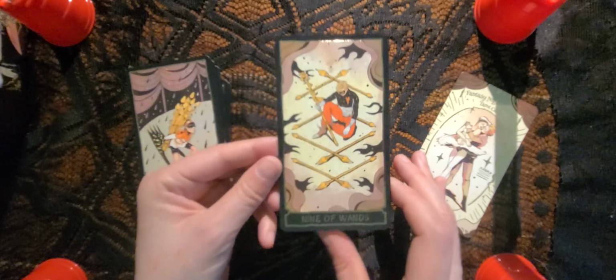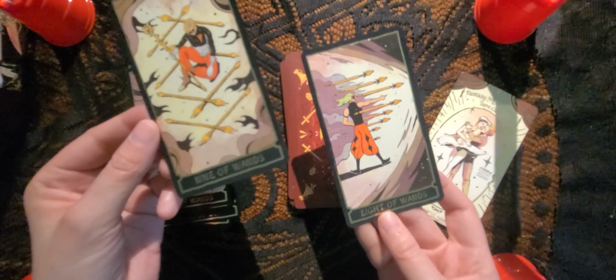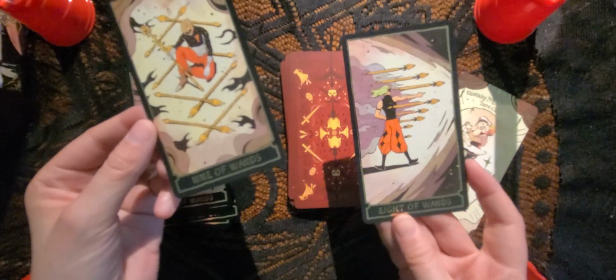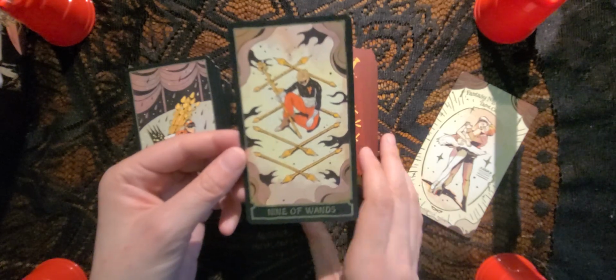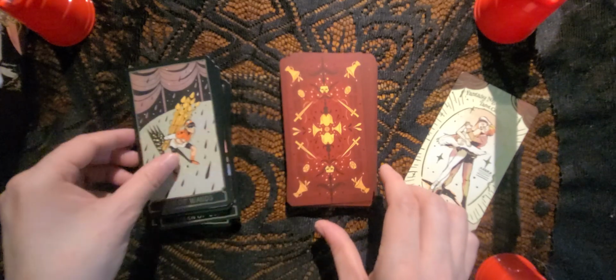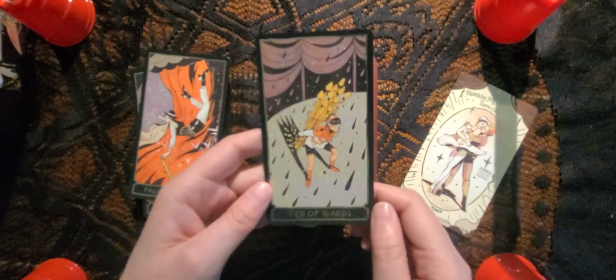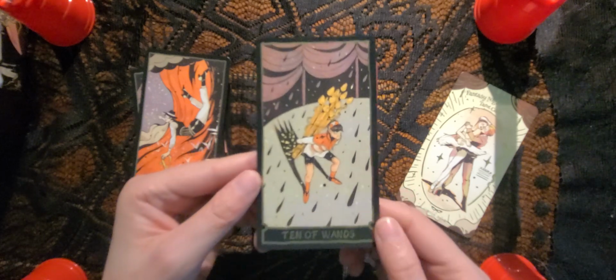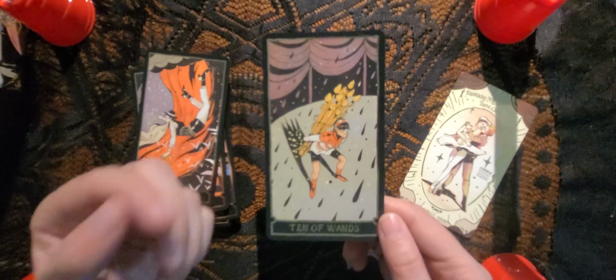You know, you feel defeated, always needing to look over your shoulder because all those people just took everything from you, and it just left you exhausted. So it feels like you need to defend yourself all the time. There is the Nine of Wands, followed by the card of feeling overwhelmed by all those passions, because you just have so much going on. And you have that illustration there too, but you also see the drive and the focus in his face. Like he's ready for that next